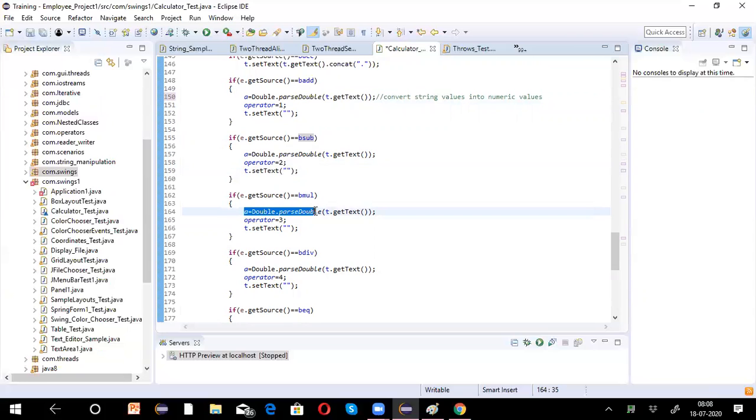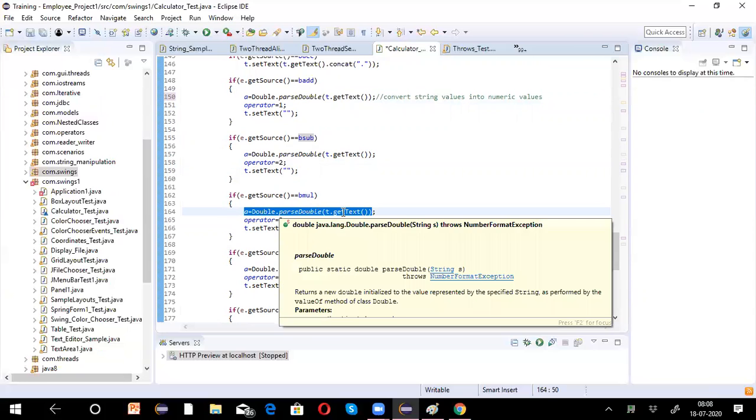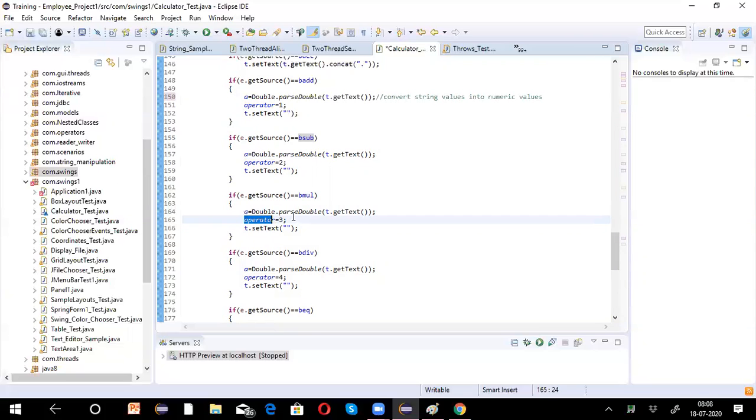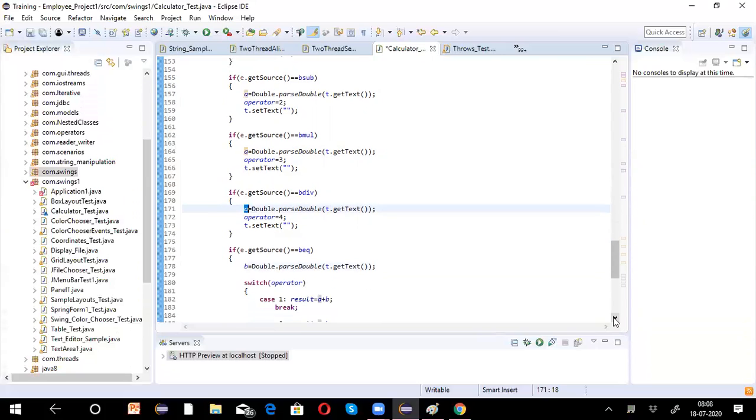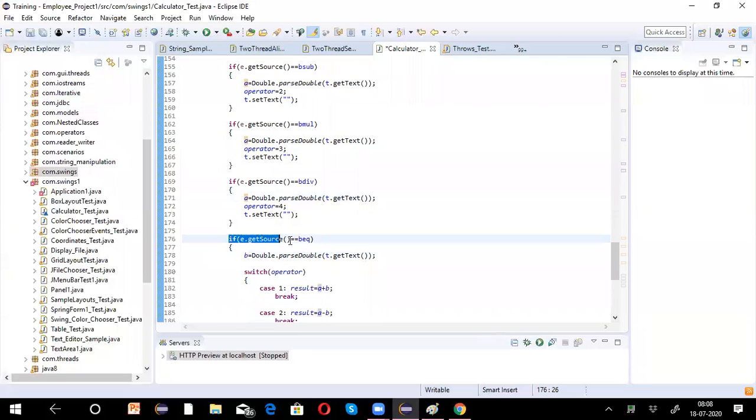If getSource is multiplication, same thing: get the text from the text box, parse it to a double value, and set the operator to 3. If it's division, set the operator to 4. Get the text and assign it to a, that is operand 1. Now if e.getSource is equal to, if you clicked on equal to, then Double.parseDouble(t.getText()) and assign it to b.